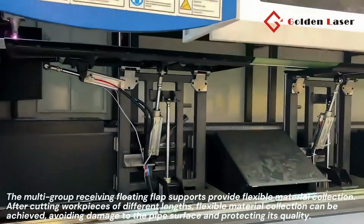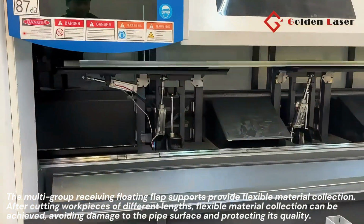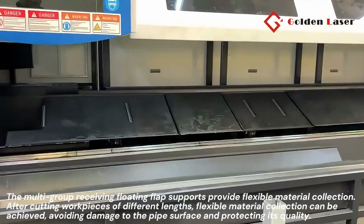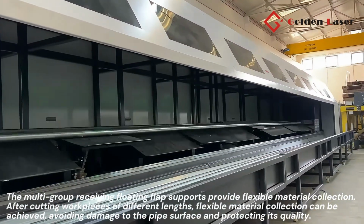The multi-group receiving floating flap supports provide flexible material collection. After cutting workpieces of different lengths, flexible material collection can be achieved, avoiding damage to the pipe surface and